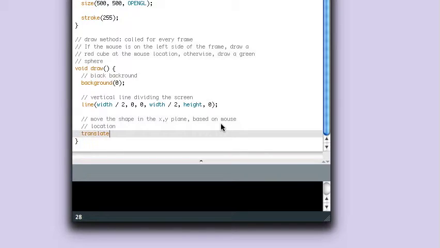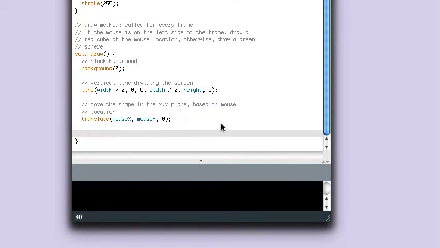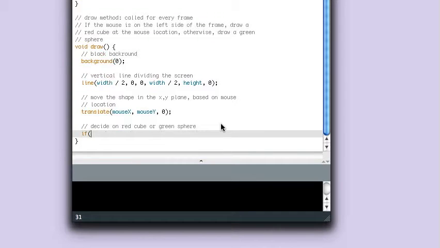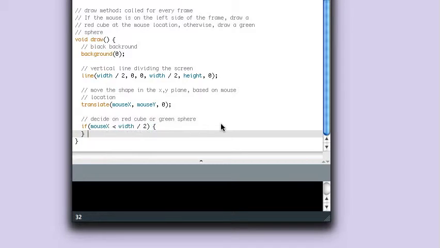And we do that with a translate method call, like I said. So we're going to translate or move our shape to wherever the mouse is, mouse X, mouse Y, and we'll keep it flat in the Z coordinate, so we're on the XY plane. Then what we have to do is decide on what shape we're going to draw. Okay, so if our mouse X location is less than the width of the screen divided by 2, that means